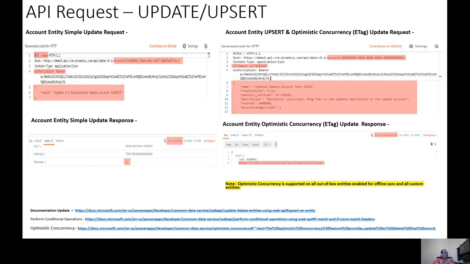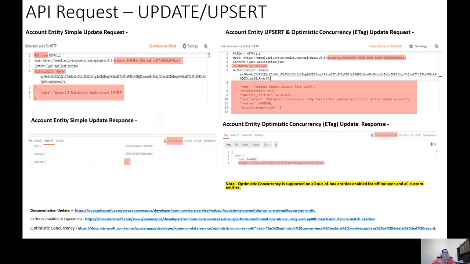So the next topic is about updates. How would you update a record? Again, you can do a simple update of a record and update individual columns or multiple columns for a single entity. In addition to that, you can also do upserts, so you can have conditional updates, and it also supports optimistic concurrency updates.